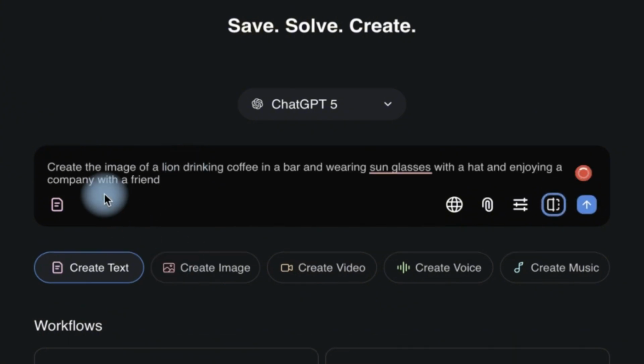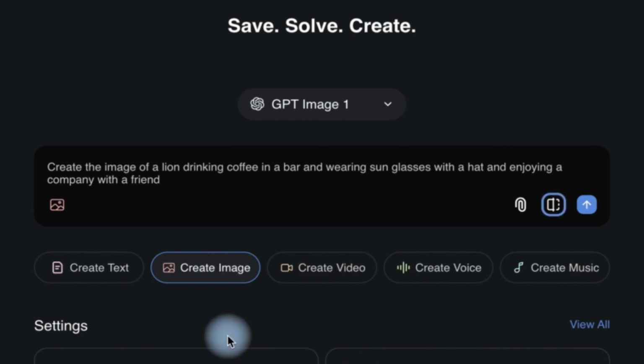Okay, take a look at what I have just said. Create the image of a lion drinking coffee in a bar and wearing sunglasses with a hat and enjoying the company of a friend. Okay, so let's come over here, and once you click on this, you specify the number